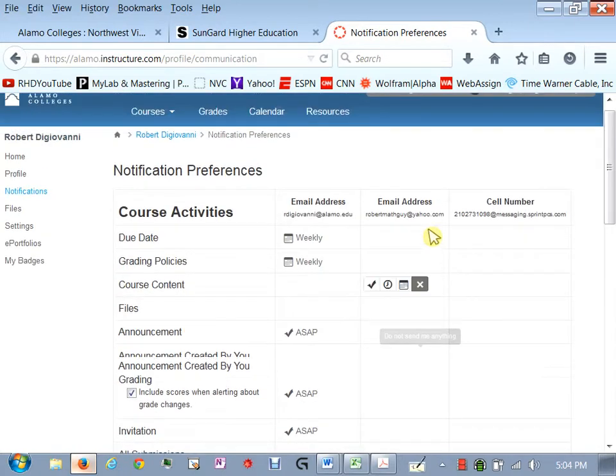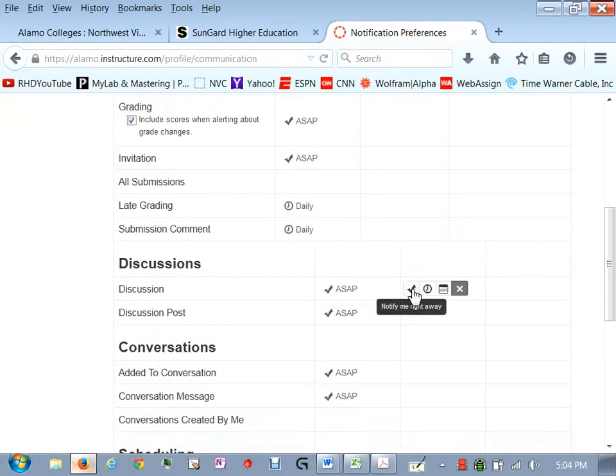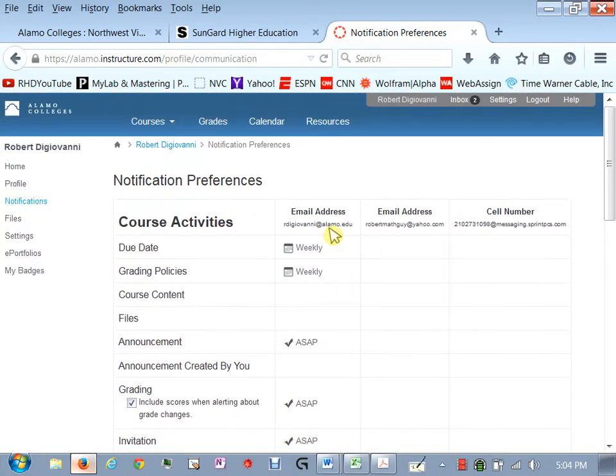But then what's cool is for your other email addresses and your cell phone number, you can do the same thing. So I can say, you know, send me an email whenever there's a discussion change here, or text me. Now, I don't want that, but that's something you could do. So to be clear, everything is done officially through here, through your Canvas email, which is through here, but you can set up alternative ones